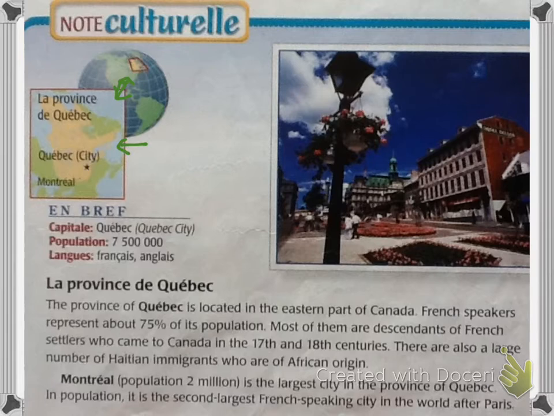About this picture that you see here, Le Vieux Montréal, Place Jacques Cartier in the heart of Old Montreal. So that's what that picture is. The building in the background with the green roof is the Hotel de Ville. It is here that Charles de Gaulle made his famous proclamation, Vive le Québec libre. So Charles de Gaulle was also a French president and involved with World War II. He was one of the generals in the war. So that's a little bit about Quebec.